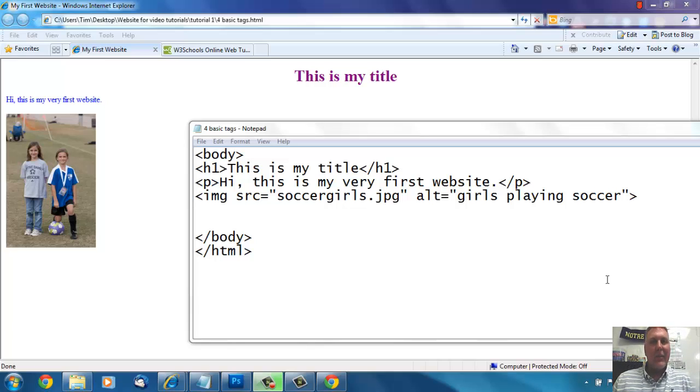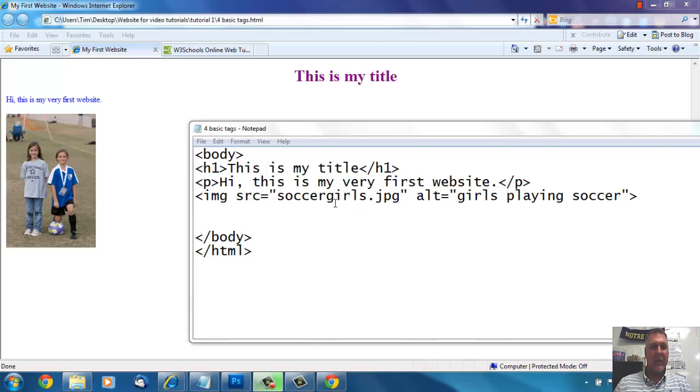All right, ladies and gentlemen, now what we're going to do is add some links to our website. Links are really important in a website because they can take you to different places within your own website, or they can take you to other people's websites. So we have what we call an internal hyperlink and an external hyperlink. And what we're going to focus on right now are the external links, or the links to other places,